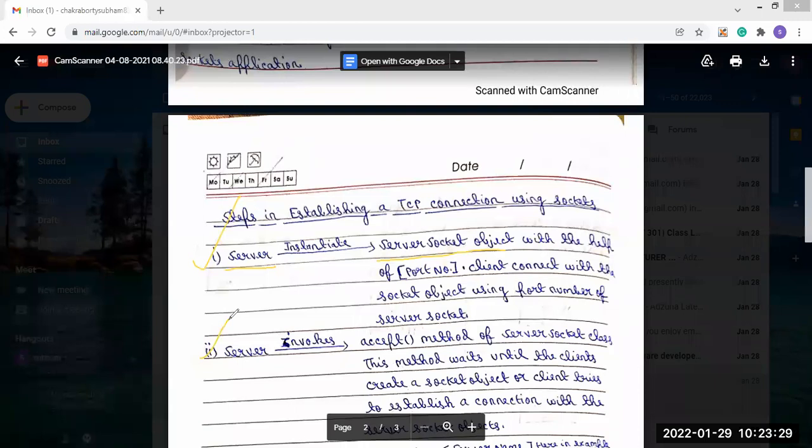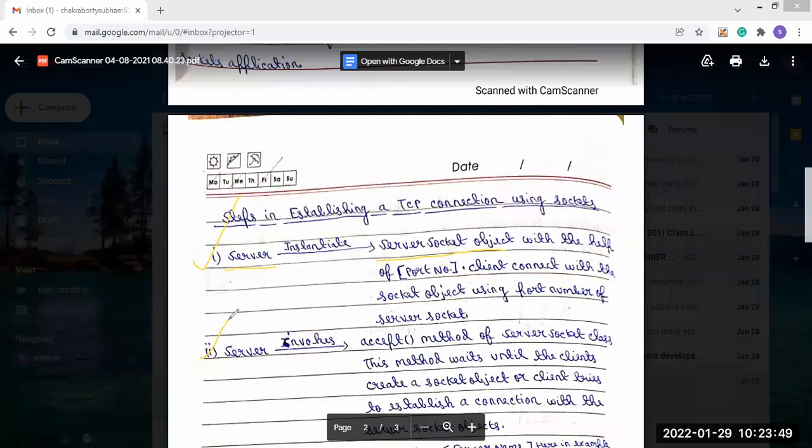This accept method is present in the server socket class.